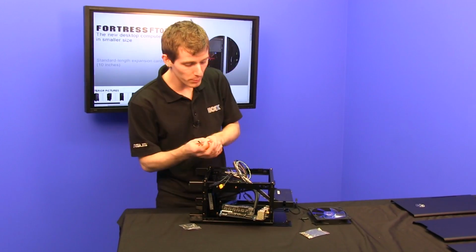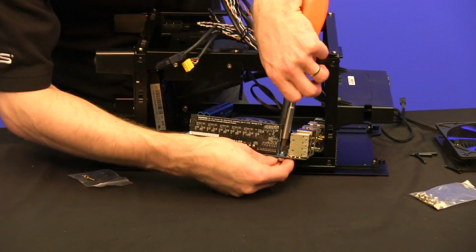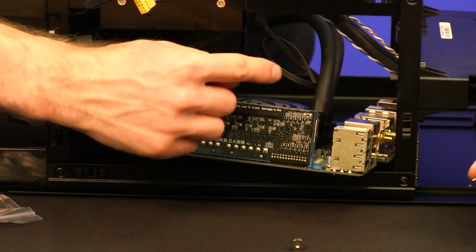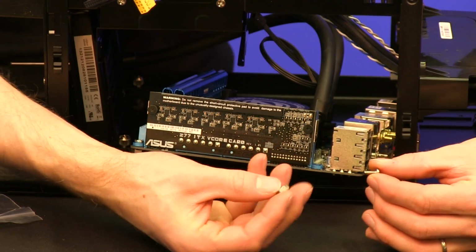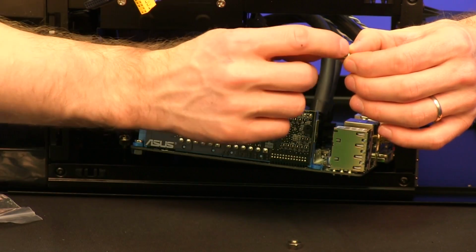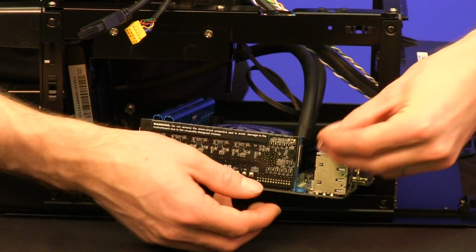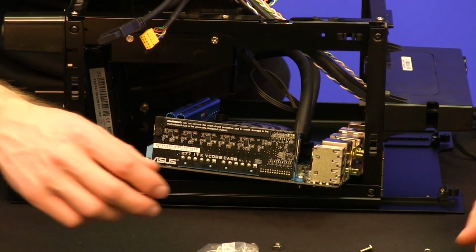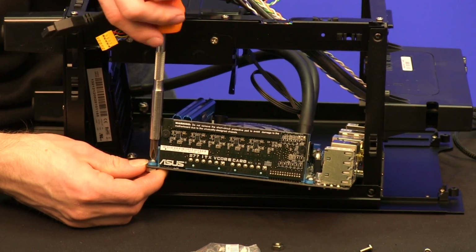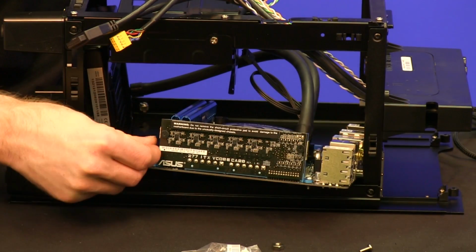Now, one tricky thing with this motherboard is that because ITX boards only have 4 mounting screw holes, and this daughter PCB board here that delivers all the power for this beastly board uses 2 of them to secure itself to the main motherboard, what you want to do is remove these nuts from the bottom. Then you have to figure out if your case uses a coarse thread or a fine thread screw to screw into the standoffs, and then you may have to replace them with the screws that come in the little baggie with the motherboard. So that means because this case uses fine threaded screws, I just have to remove these 2 screws, remove these 2 nuts, and then replace them with the fine ones